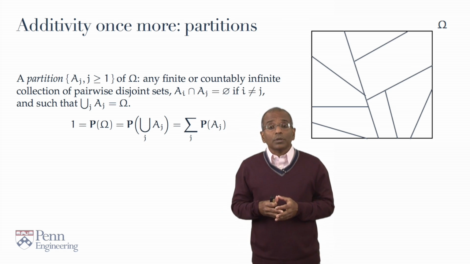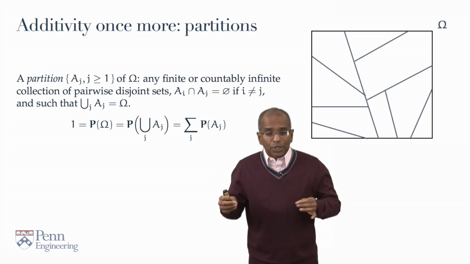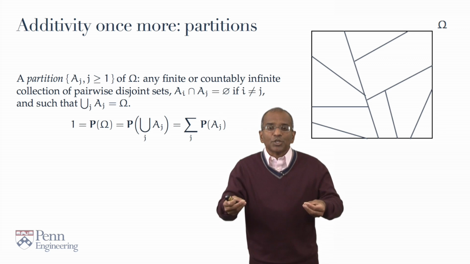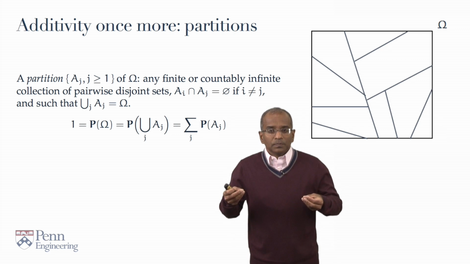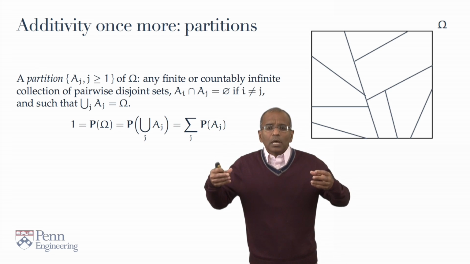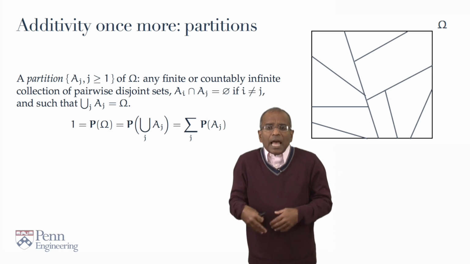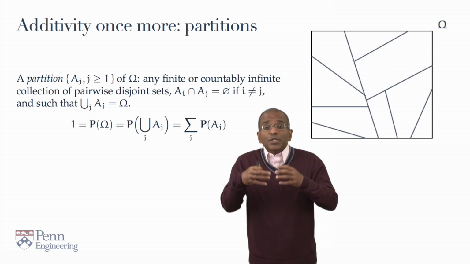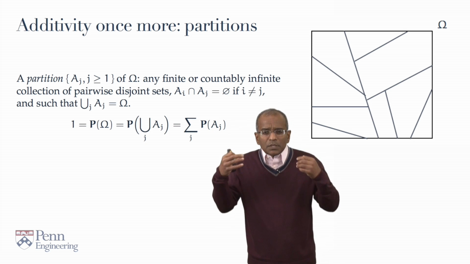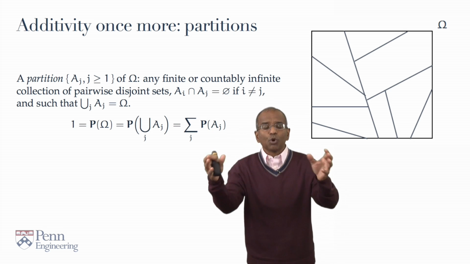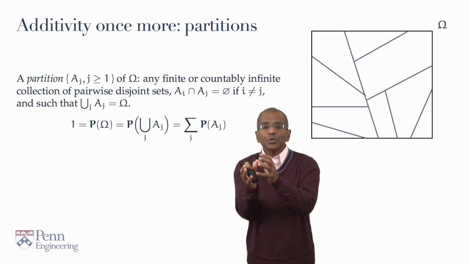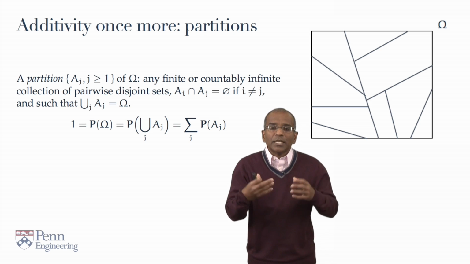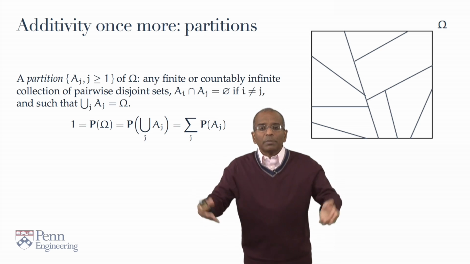And so here's a conclusion. If one has a partition of the sample space, then the sum of the probabilities of the members of the partition must be 1. This is a powerful general idea and principle. Again, this is additivity to the fore. But this principle at its heart, its great utility, rests in the idea, this philosophical idea, that we can take a complex problem and break it up into pieces which have got individual characters which you can then analyze. And then you can just stitch everything together by adding up all the pieces.